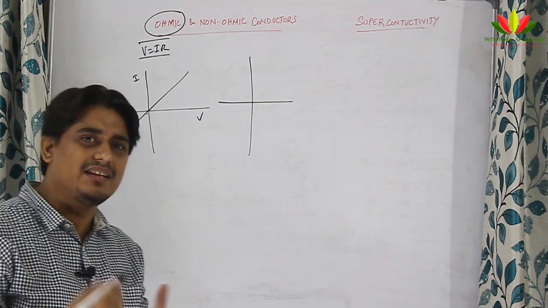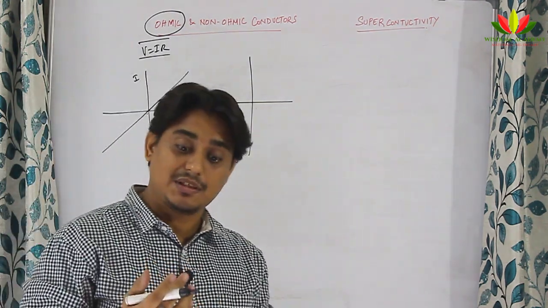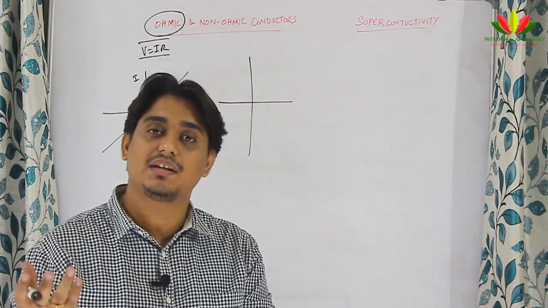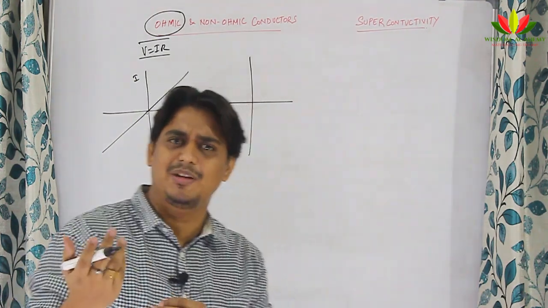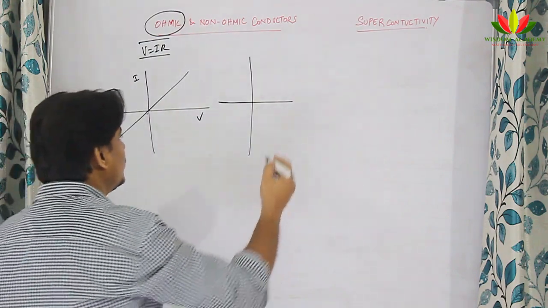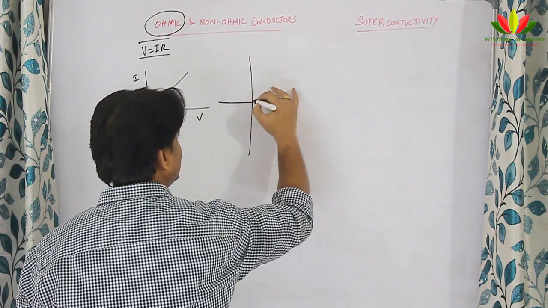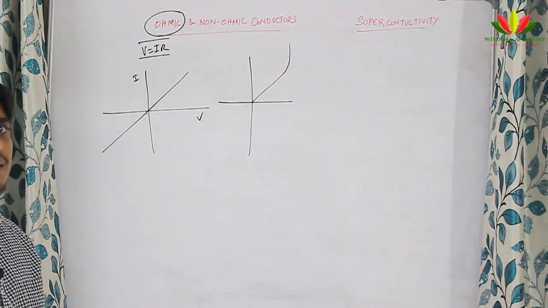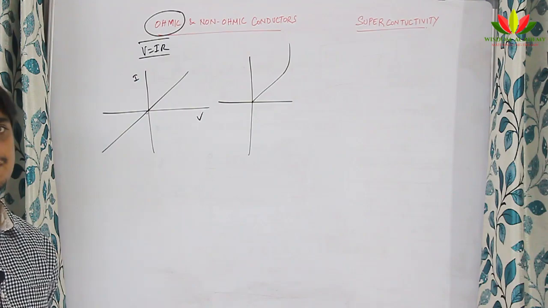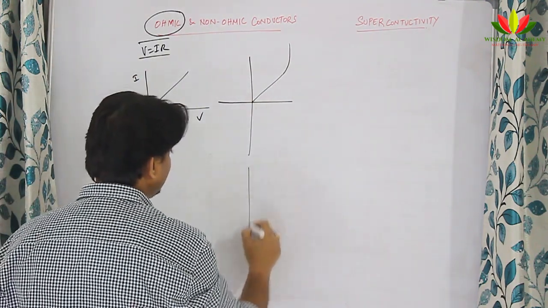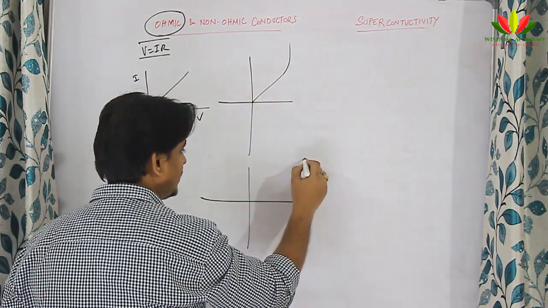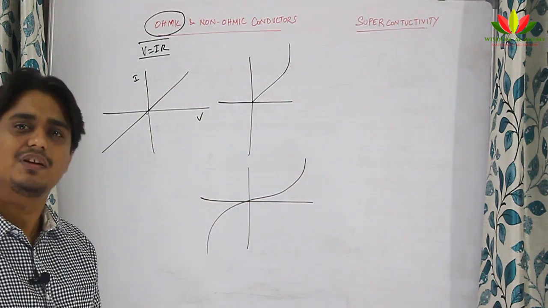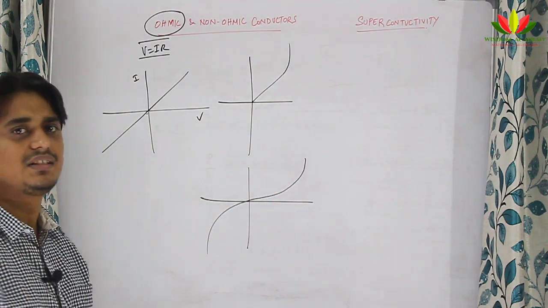But there can be several reasons for being a non-ohmic conductor. Sometimes a conductor which is ohmic at some temperature may start behaving as a non-ohmic conductor at a higher temperature, because we know that at higher temperature the resistance starts changing. So, some conductors behave as ohmic conductors, and then suddenly they lose their straight line behavior and start behaving as non-ohmic conductors. If you take the example of a semiconductor, you will learn in the last chapter of 12th that the VI graph is not linear, it is a curve in this shape.